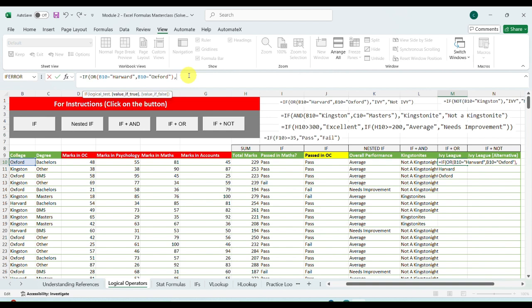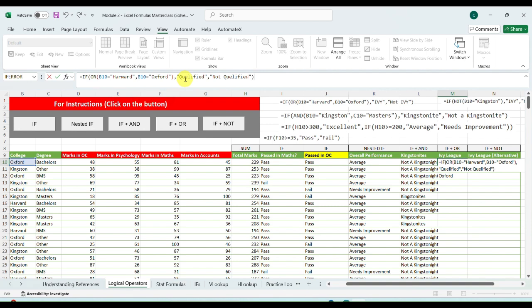Now comma, what was the case? Ivy. If this college name is equal to Harvard or Oxford, then we can put it in brackets Ivy, or okay, or anything, whatever result you want. This is not something that what I have written you'll have to write. Or you can say qualified, comma, not qualified.